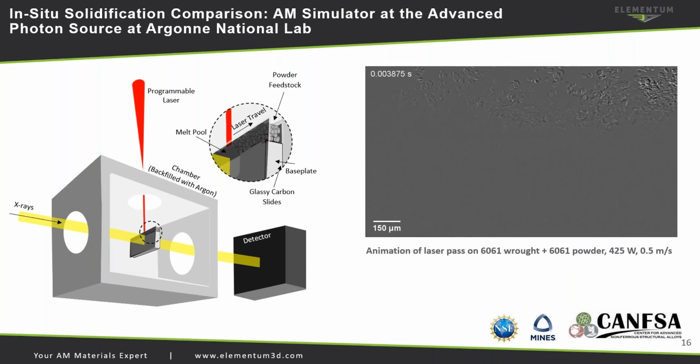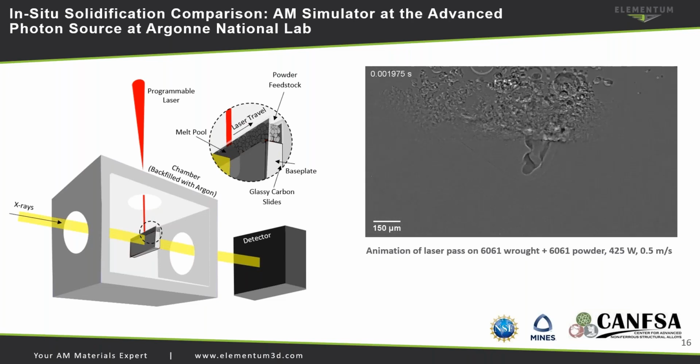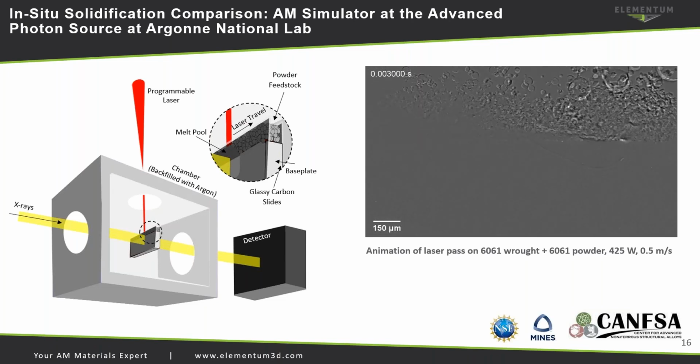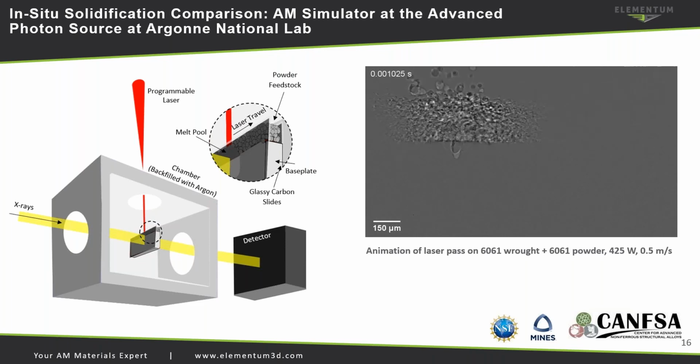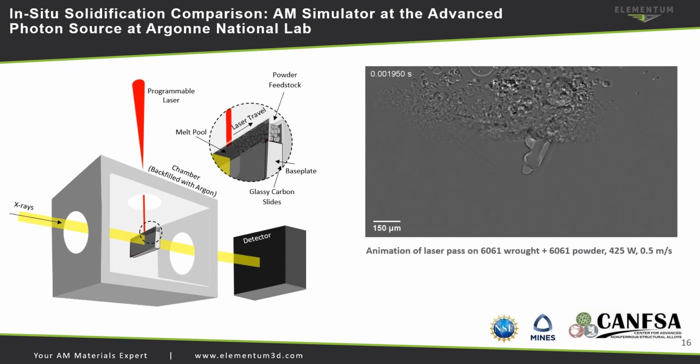And then we shot basically high energy X-rays through this material to get a series of images like you're seeing on the right. This is a series of radiographic images that formed a movie. And you can see the actual melt pool as it moves along through that laser raster, as well as some other phenomena. But what we really wanted to track was the solidification velocity by tracking the solid-liquid interface